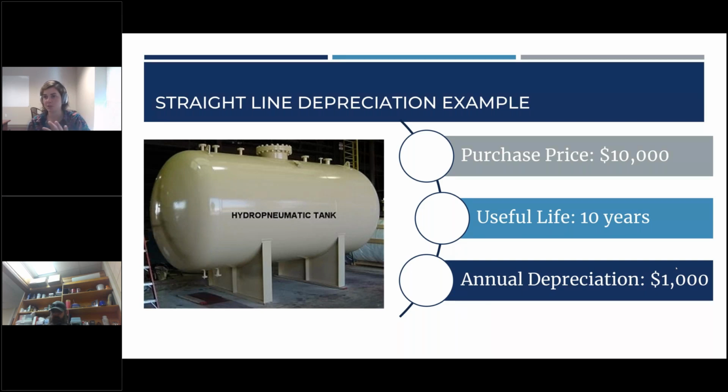That's straight line depreciation. A lot of folks recognize the fact that this is not reflective of how value is actually lost from any sort of asset, right? If you maintain an asset really well, it may extend past its useful life. It may be that it never reaches its useful life, even if you maintain it well. There's a lot of different factors involved with the life of an asset. But from an accounting perspective, because we're talking about financial statements here, this is typically the approach that we see. There are other approaches out there, but this is the one that we typically see because it's easy to calculate, right? It's just simple division, the purchase price, the useful life, and then you get that annual value.